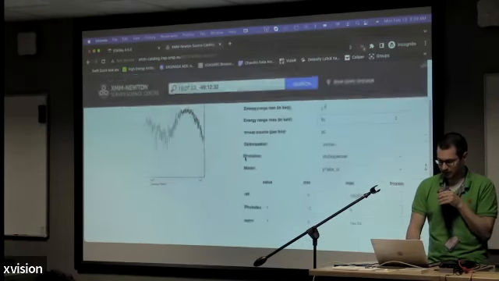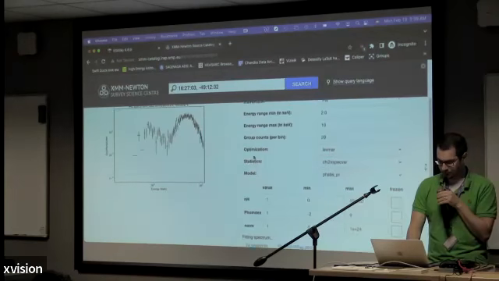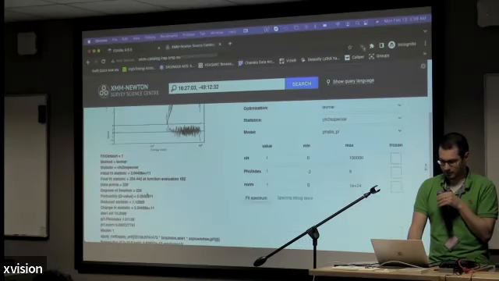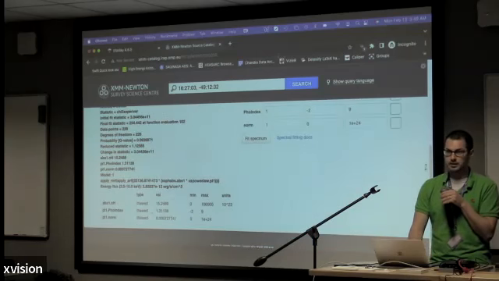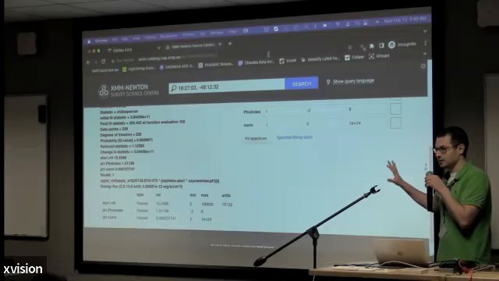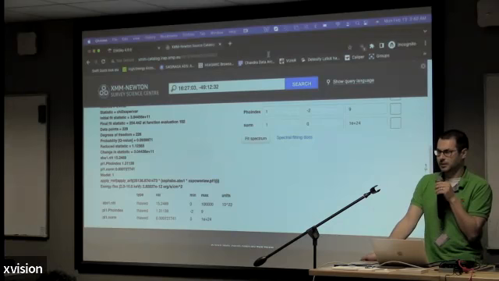So we're going to chop out the data below 2 keV of the spectrum. We're just going to fit it with an absorbed power law. And there you go, basically fits the spectrum and then provides all your fit statistics and best fit parameters down here. So yeah, I just wanted to give a brief overview of these are kind of tools I frequently use when searching for sources that I want to observe and write proposals for.